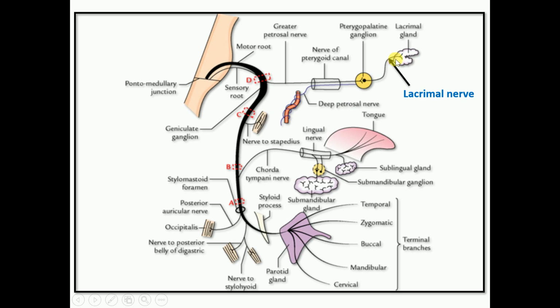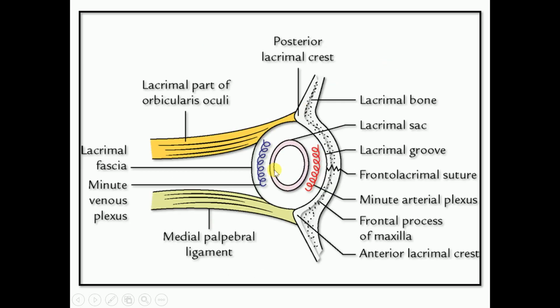Finally, now last, this diagram shows the relations of the lacrimal sac. These are the anterior, posterior, medial, and lateral. Anteriorly, there is the medial palpebral ligament. As we already learned, there is a thickening of the orbital fascia or orbital septum or palpebral fascia on the medial angle and lateral angle of the eye. That portion becomes thickened and is called the medial palpebral ligament. So that forms the anterior aspect of the lacrimal sac.